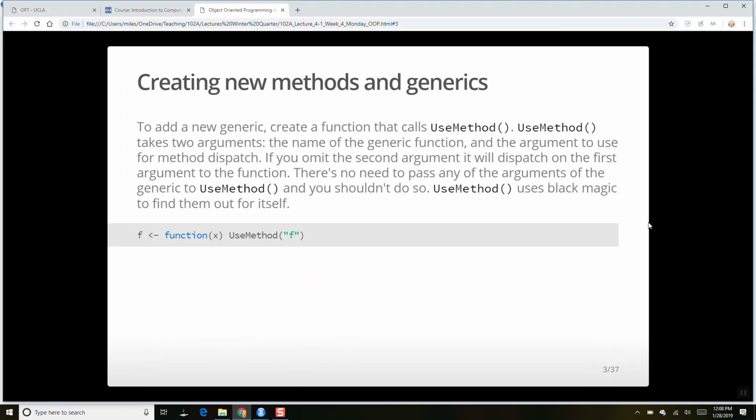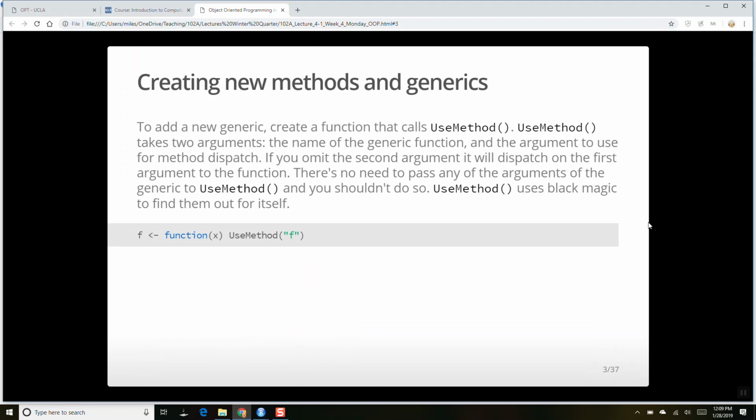But all right, so we left off and we said in S3, the idea of the object-oriented system is that you have generic functions, and depending on the class of object, that function will behave differently, okay? And the analogy I used was you have the verb swing, but depending on the kind of object I give you, the way that verb swing carries out will look different, okay?